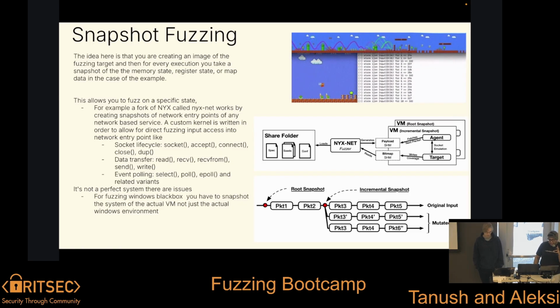You want to fuzz the Windows kernel, which is kind of black box, as well as Windows black box binaries. That allows you to fuzz targets like that, as well as allows you to say fuzz a network service where you redefine the entire Linux kernel's network stack. So now it takes input from your custom fuzzer, which allows you to directly send inputs to the Linux kernel, and now you avoid having to write a harness really, and you can just use Nyx-Net and kind of win.